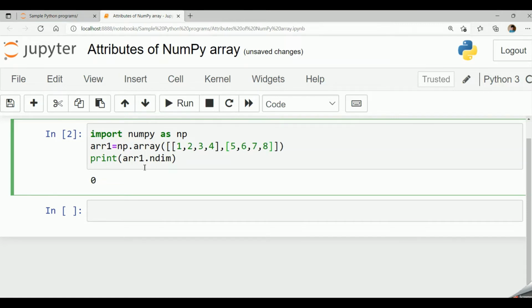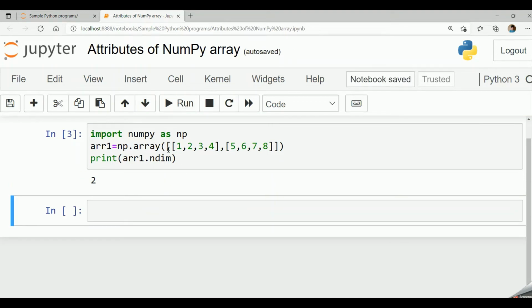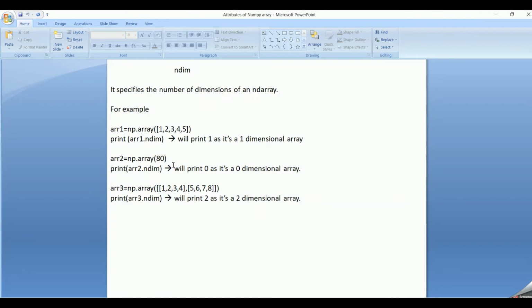So if I run the code, I get 2 because it's a 2 dimensional array. 2 brackets are there. So it's a 2 dimensional array. So ndim basically gives the dimension of the array. So it is one of the important attributes in a NumPy array.